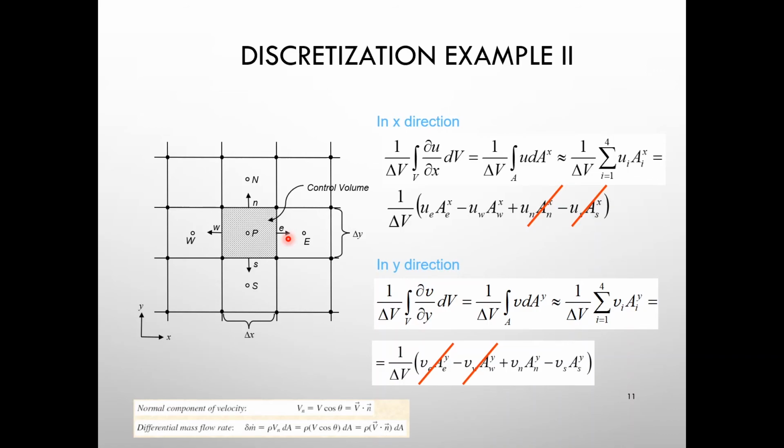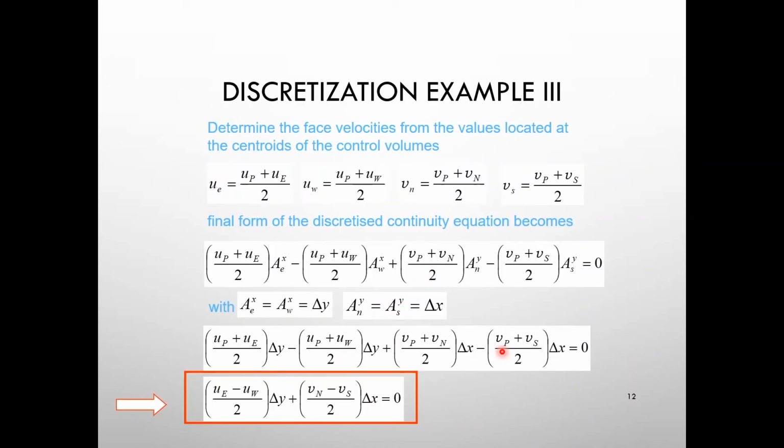If you refer back to fluid mechanics, n equals cos theta, the angle. So here we have this normal angle. That's why this can be terminated, because the cos of the theta will give you 0, so it will cancel out. The cos of the theta will give you 1 and minus 1, if you remember from that topic in fluid mechanics. The same goes for this. So if you have triangles, you will expect that kind of term. You have cos theta, so it will be a little bit different, and the total number of terms is only 3, not 4. Okay, and then we need to determine the face velocities from the values located at the centroids